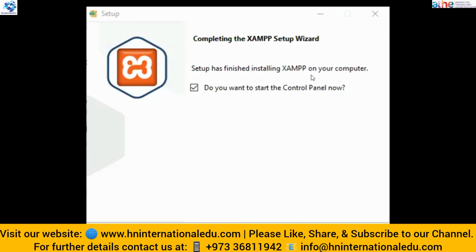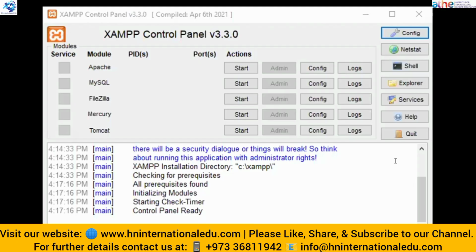After finishing the setup, this kind of interface will be visible to you and you have to click on finish. After downloading, this kind of panel will be visible on your screen. In order to run or create the database, we have to start only two servers here. The first one is MySQL. In the last theory lecture, we learned about MySQL. MySQL is a server that is used to create and run databases. And for that, we have to write some queries. We also learned that in our previous lecture.